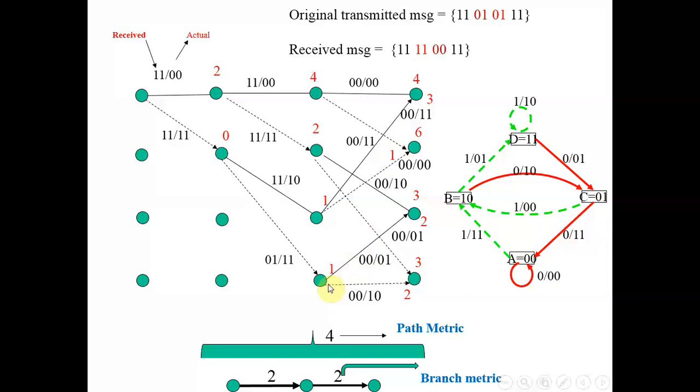Similarly, I can go from D to D, or I can go from D to C, and I can again check what is the error count. If I go from D to D, my expected output is 1 0. I'm evaluating that against 0 0, so 1 bit of error. Right now up to this point I have 1 bit of error. Now this to this 1 bit, so total error count is 2. And if I go from D to C, my expected output is 0 1, but I am getting 0 0 as the received bit, so the error is again 1, so 1 plus 1 is 2.